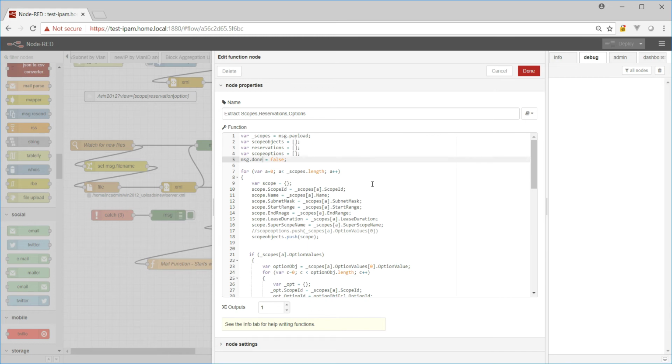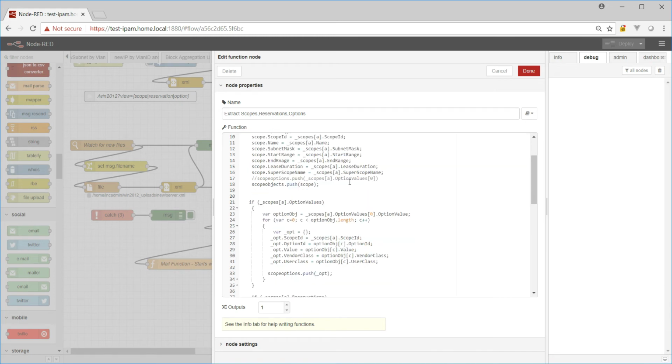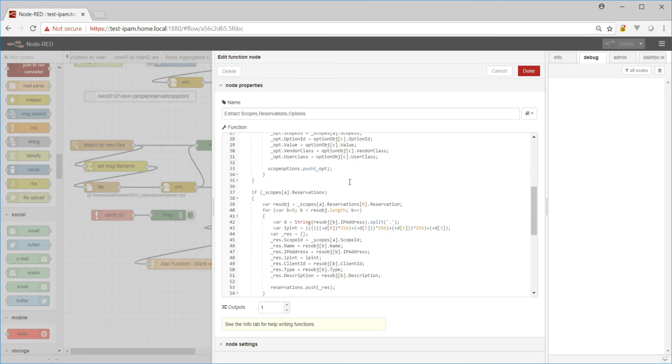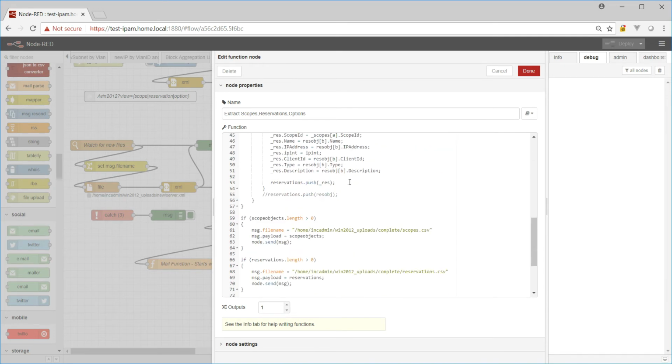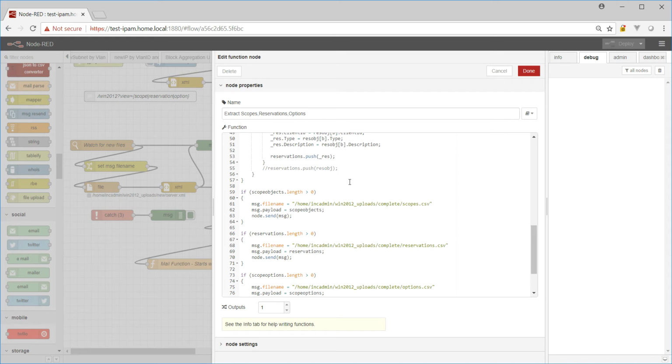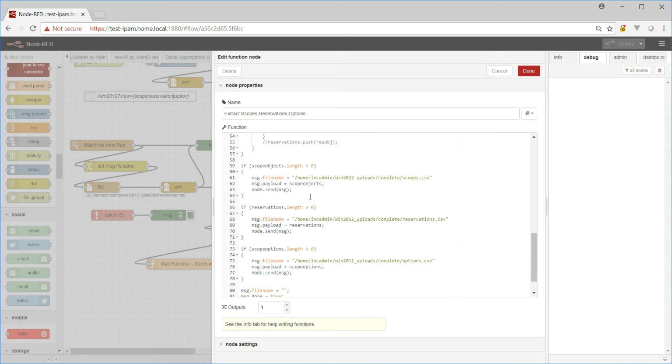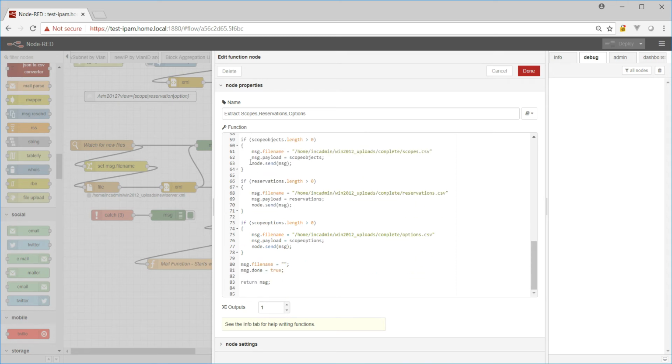And what that done is going to represent is that it has processed all of the for loops, the inner loops of the options, and that it has processed all the reservations and scopes, and that it has created all of these files and has run their equivalent node send message to the next payload, which is a switch node, and I'll show you, so that we can determine is it still processing files and options and scopes and reservations, or is it done and we can continue on to the next step where we do something with those results, such as